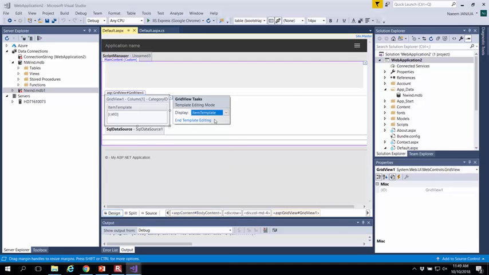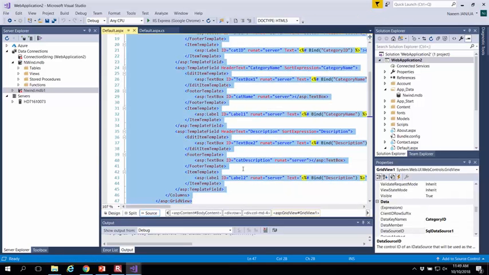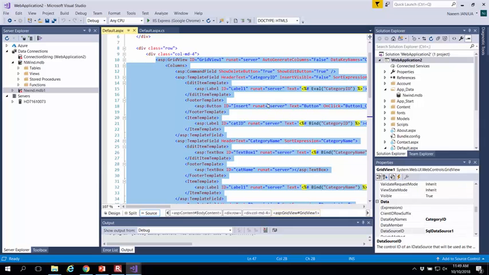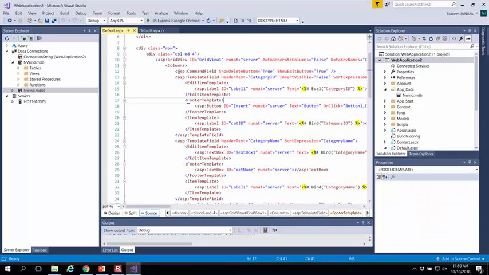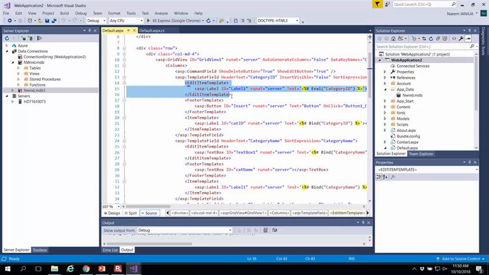Let me show you, let me close this one. If you go and look at the source, you will see that I already have created edit items and template items over here. In each grid, we can have different templates. Edit template in a grid shows that in edit mode how information would be displayed or what control would